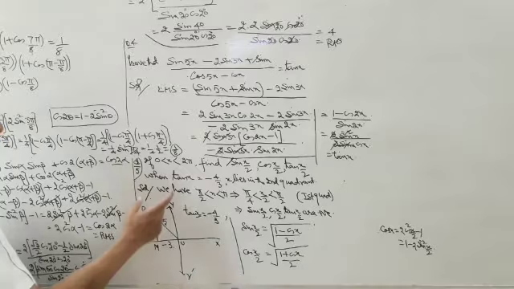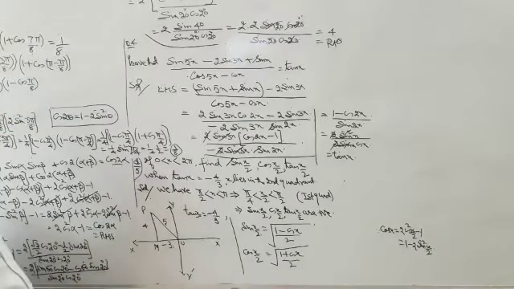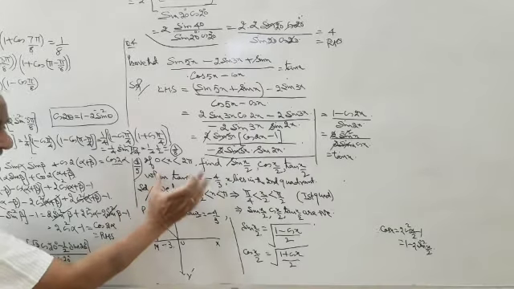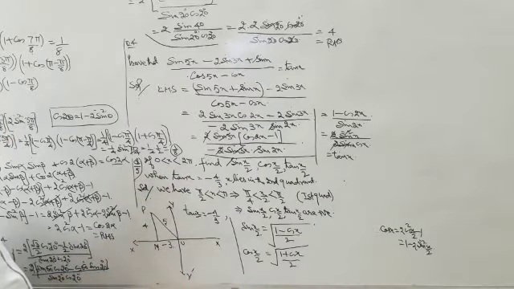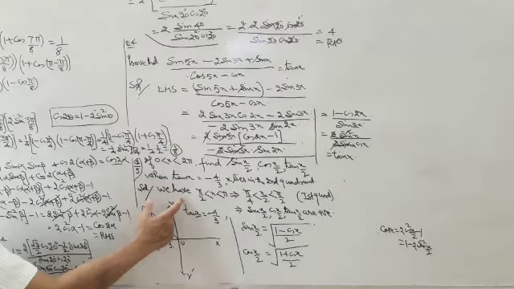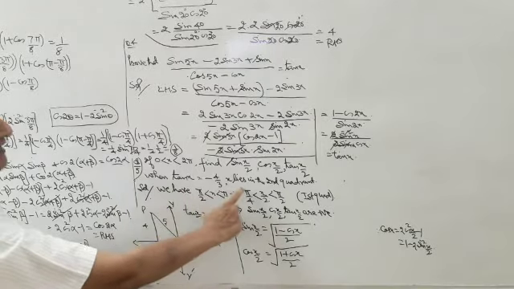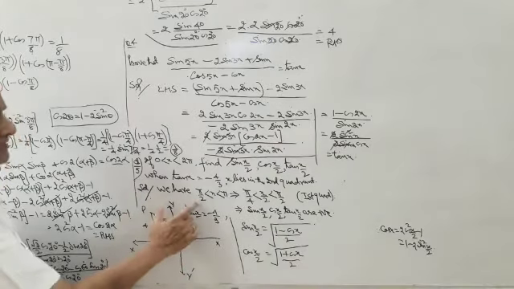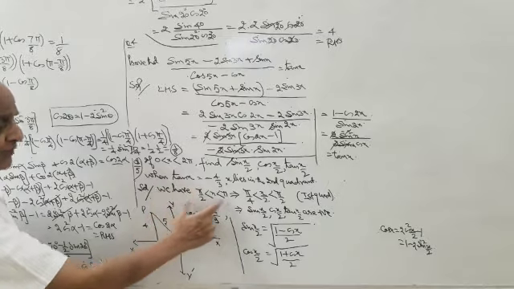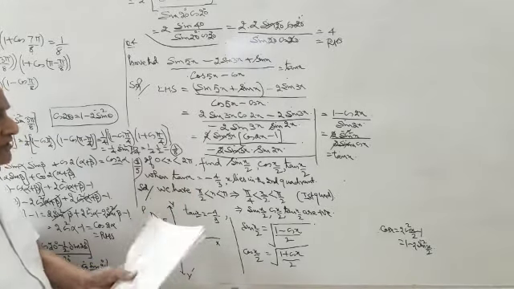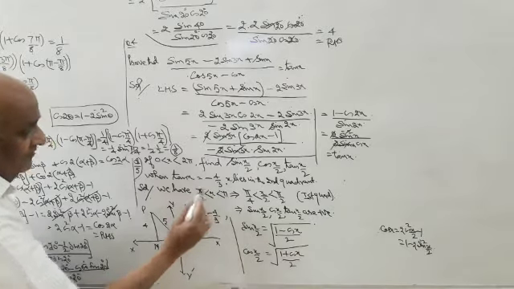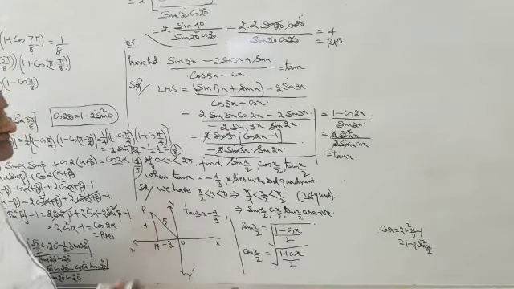Here you can have even cos x, you can have sin x, whatever it is. But the method will be as I discussed now before you. See, we have, see here, that is x lies in the second quadrant. Please note, x lies in the second quadrant. Second quadrant means pi by 2 to pi. Pi by 2 less than x less than pi. This is the solution I am giving. Pi by 2 less than x less than pi.